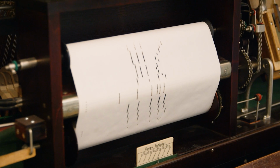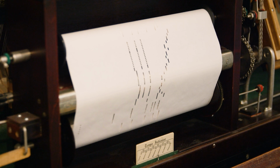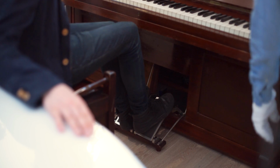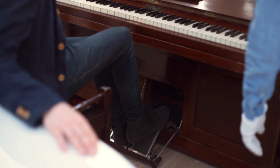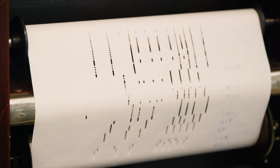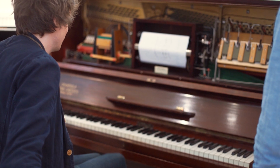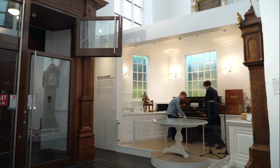The secret is a pneumatic system that drives the perforated paper rolls, and the skill level of the pianolist is irrelevant. The mechanics of this instrument is driven by air pressure from pumping two pedals with your feet. Pumping the pedals faster or slower does not alter the tempo of the song, but instead makes the volume higher or lower. I can control the tempo with this special